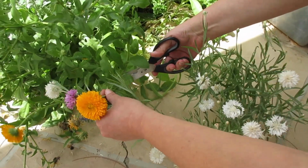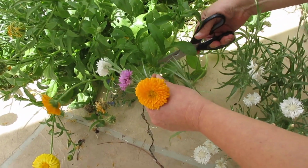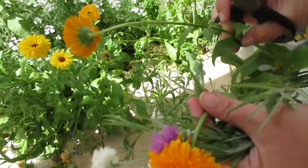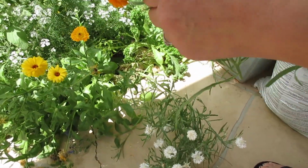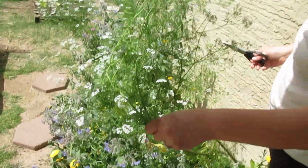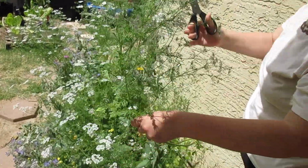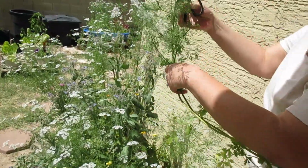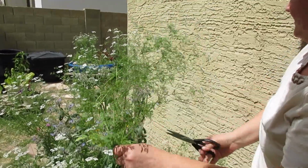And I'm going to grab this calendula right here. I'm actually going to take both of those, and that'll give me 2 calendula. I'm going to lay these down. So this will give me some kind of filler. This is cilantro, and I've got a really long piece of it, so I'll just be able to mold that into my